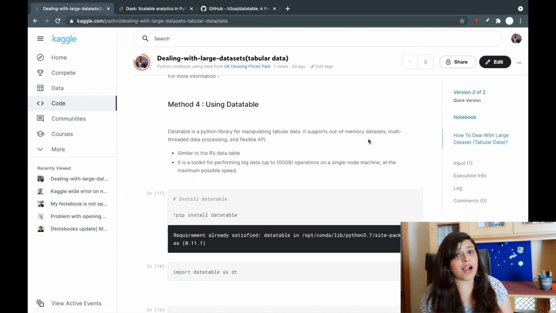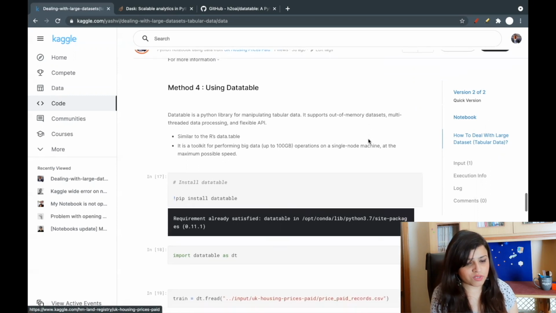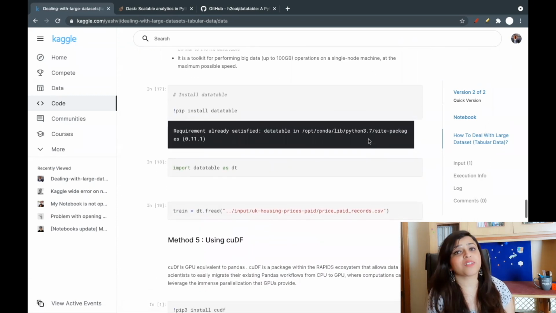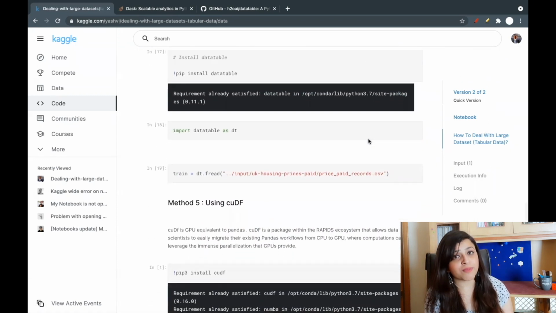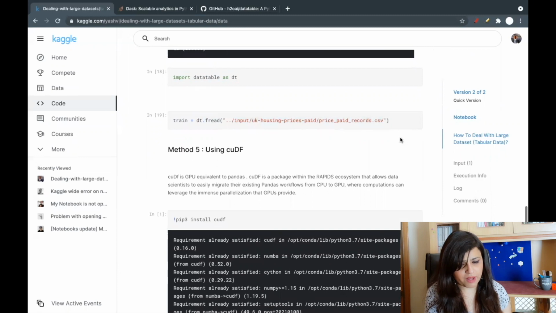You can handle up to 100 GB using datatable on a single node machine. So this is so cool. To use it, you can import datatable as dt and read it with dt.fread, passing your path in the arguments.